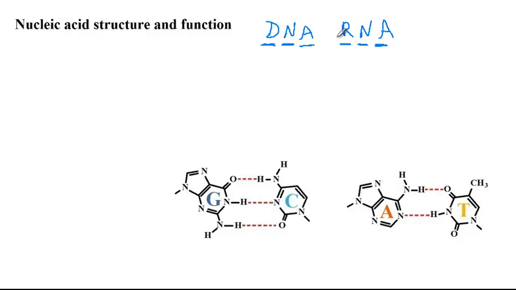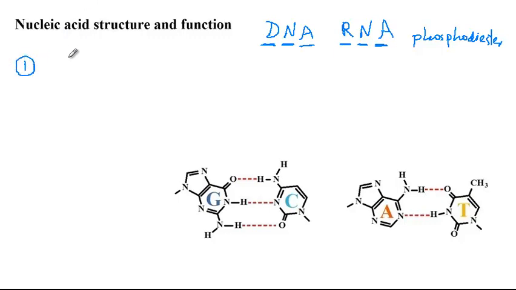And these are made of the linear polymers of nucleotides that are joined together by phosphodiester bonds. Now, nucleotides are basically the building blocks of every organism's genetic material, and they are made of three